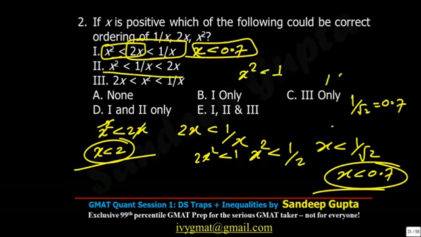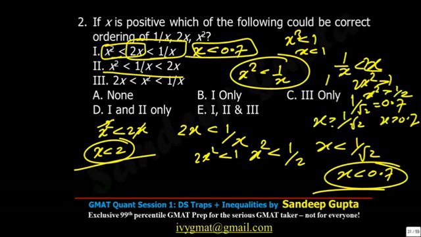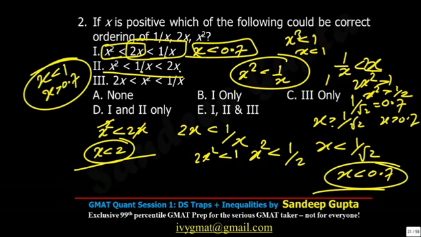X square is less than 1 by x. So that is one value. And 1 by x is less than 2x. Let's do it quickly. Okay, this is also fast. I said it is totally up to you to use algebra or numbers. Now x square is less than 1 by x, is x cube less than 1, so x is less than 1. In this case 2x square is greater than 1, so x square is greater than 1 by 2, so x is greater than 0.7. So what do I get? X is less than 1 and x is greater than? That is why, what was the number that satisfied here? Alright.